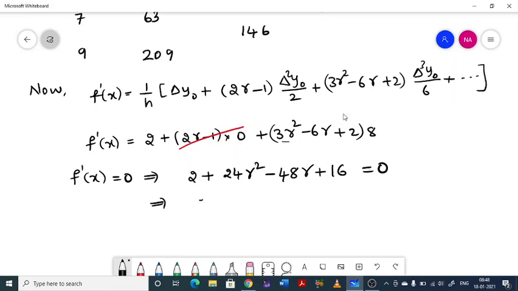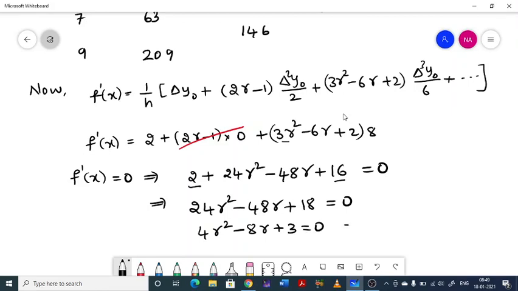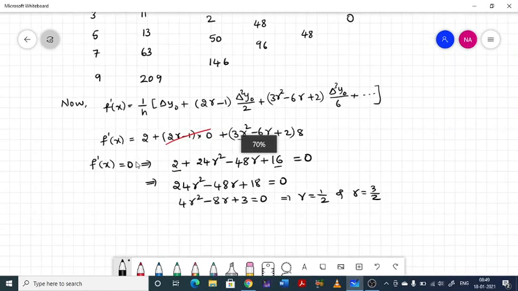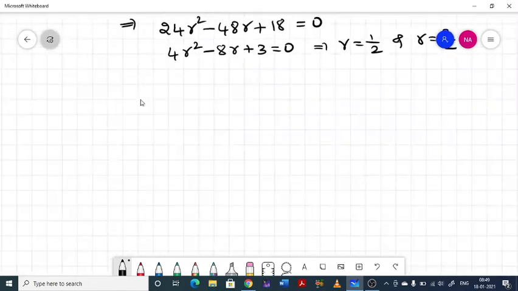So from that 2 plus 24r square, this 2 can be added here, so we'll be getting 24r square minus 48r plus 18 equal to 0. So by dividing throughout by 6, we will get 4r square minus 8r plus 3 equal to 0, solving which you will get r equal to 1 by 2 and r equal to 3 by 2. Now substituting this r we will get,